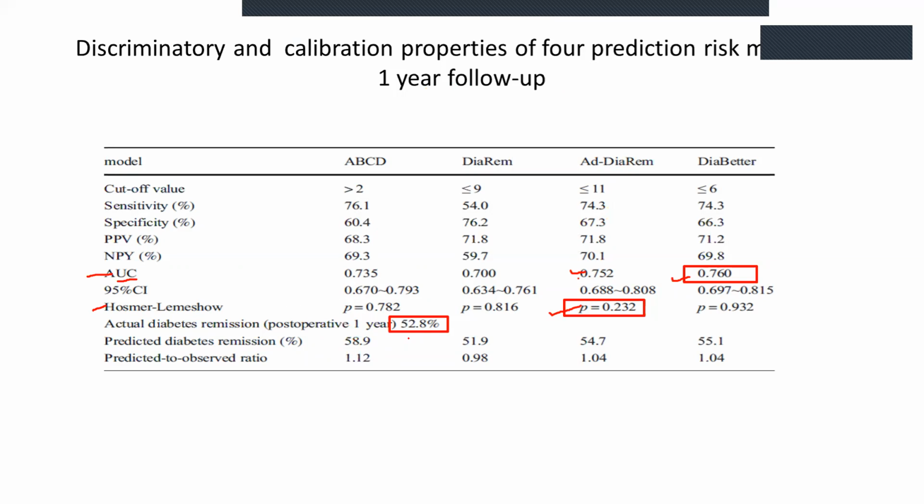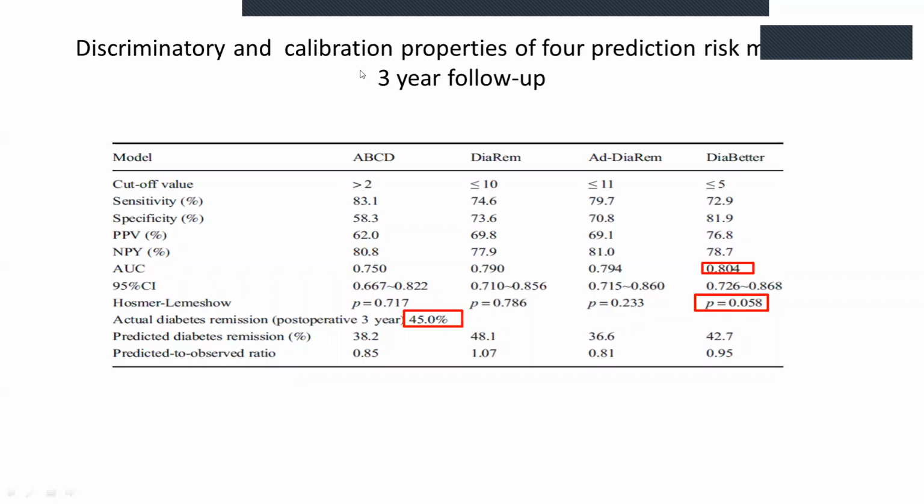And also we can see the actual diabetes remission rates and the predicted to observed ratios are quite comparable in case of all these 3 scores. But when it comes to statistics, the best discriminatory capacity was in the DiaBetter, and Ad-DiaRem had the best calibration. When they applied these models to the 3-year follow-up, we see that the area under curve was highest again